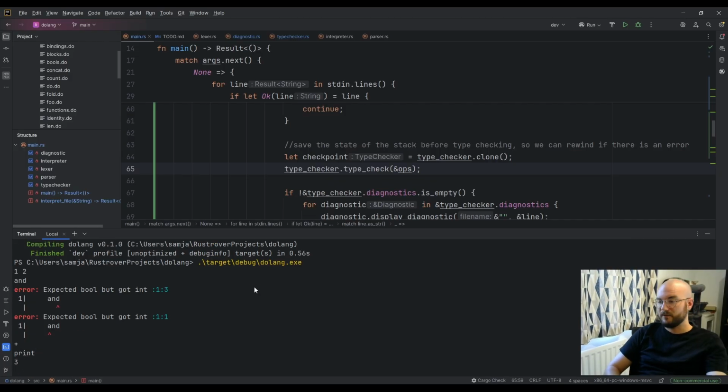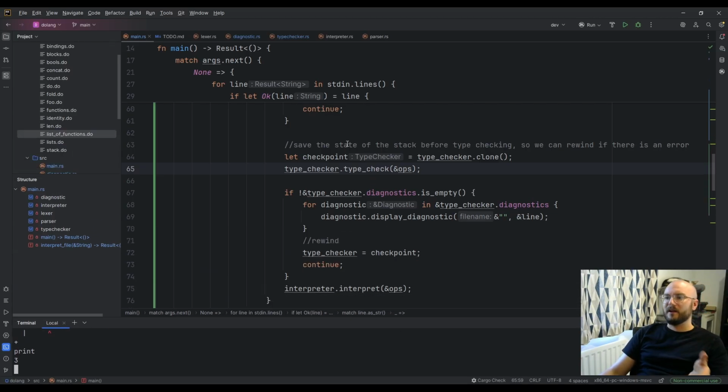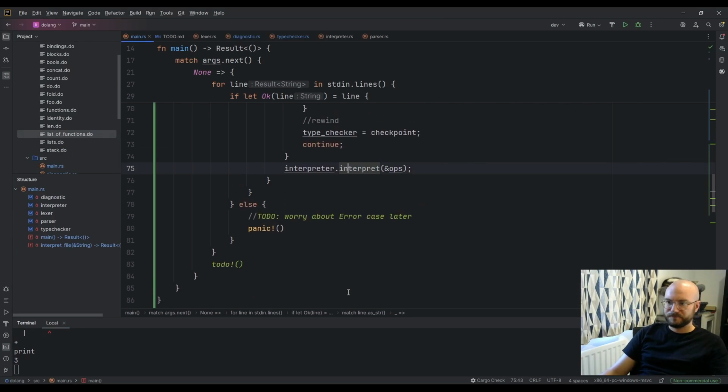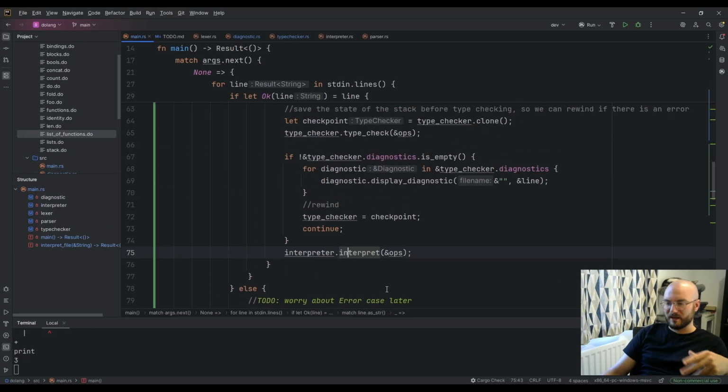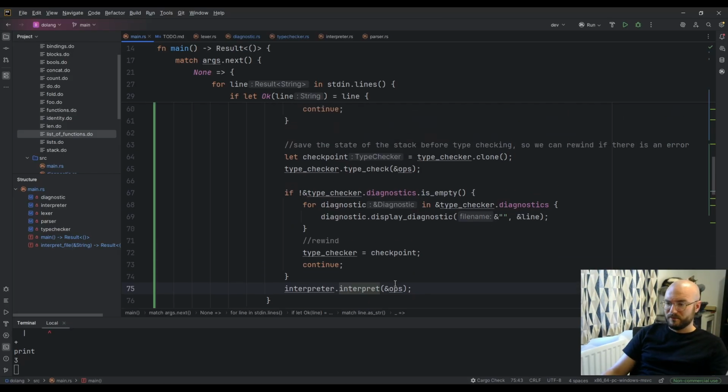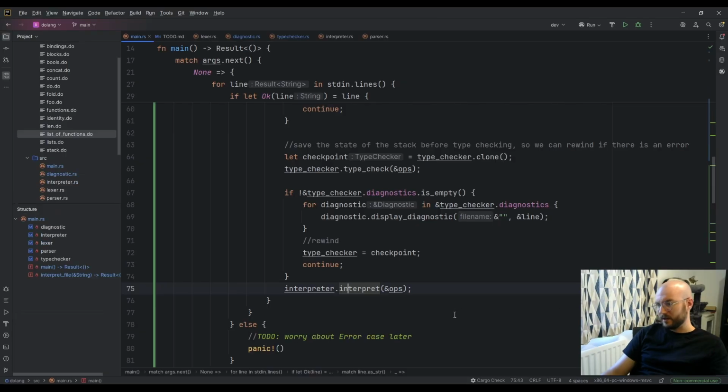Okay. That did fix it. That feels sacrilegious, to clone the whole entire type checker. But this isn't supposed to be ultra performant, right? It's a REPL. This is for playing around. This isn't for actually running the code. And Rust should be smart enough that nothing gets leaked. So every time you do this, there's only ever going to be maximum 2 type checkers in memory. I hope. Okay, so we rewind the type checker.